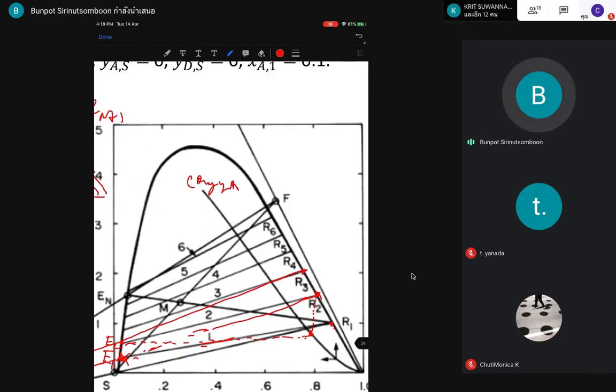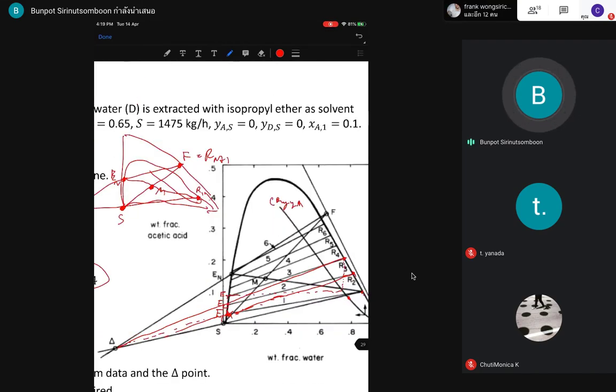From R3, I go down to the conjugate line and go to the left to E3 here. Then again I draw the line from the delta past E3